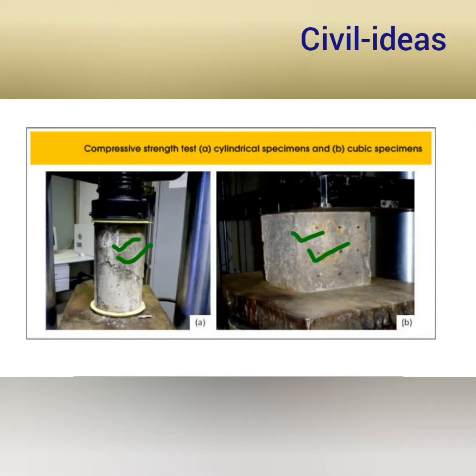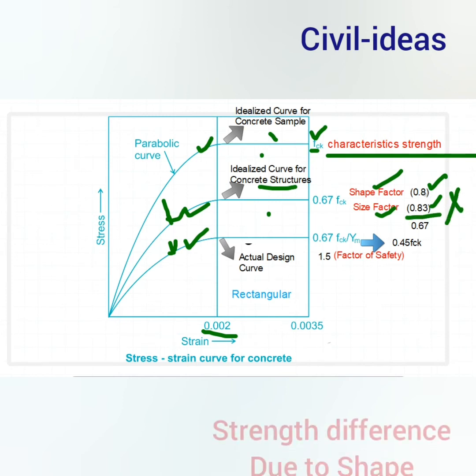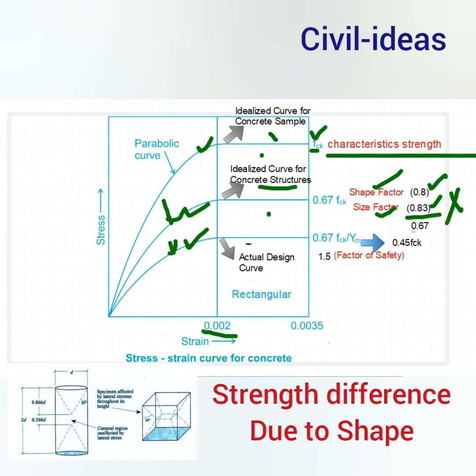In actual structures, we don't have a perfect shape like concrete cubes or cylinders. So that's why we have to take some shape and size factors. So the actual structure's curve should be different from the idealized curve. This is the characteristic strength, this is the shape factor, and this is the size factor. The shape factor is 0.8, and this is the size factor. Upon multiplying by both 0.8 and 2.3,